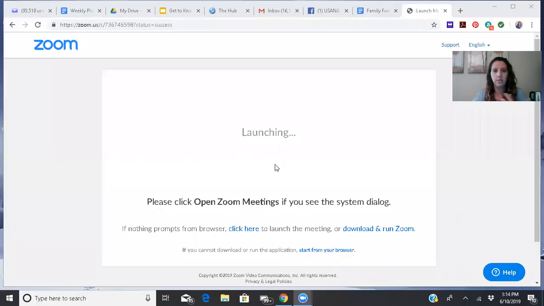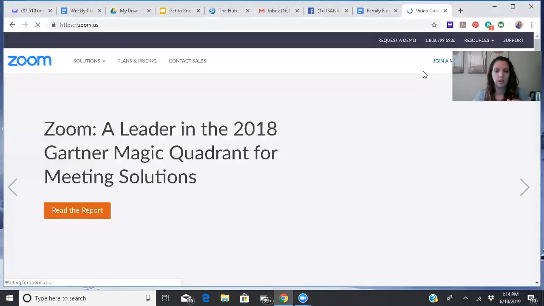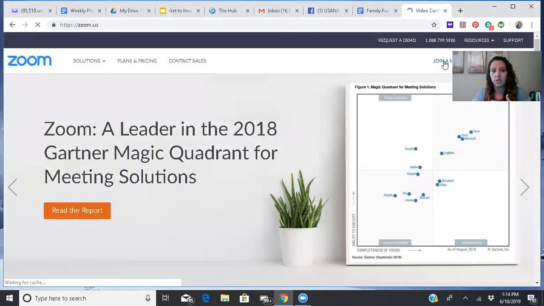So when you open up Zoom, let me share my computer and see if I can show you how to open up Zoom once you download it. Okay, I'm going to share my screen with you right now. So this is my Zoom launch meeting, like the landing pad for Zoom. So this is Zoom, and you would just do join a meeting, and you would just start your